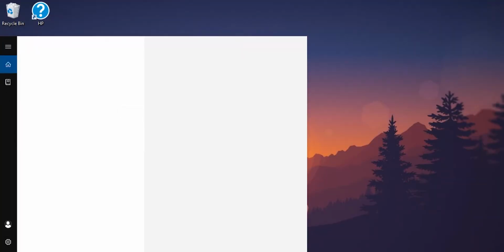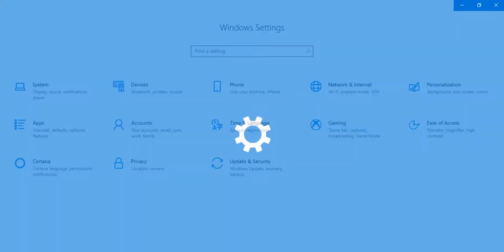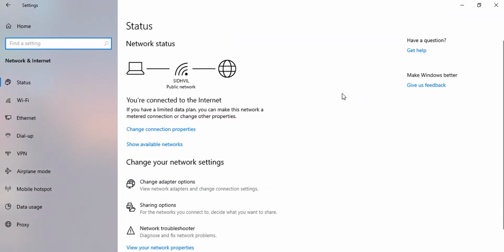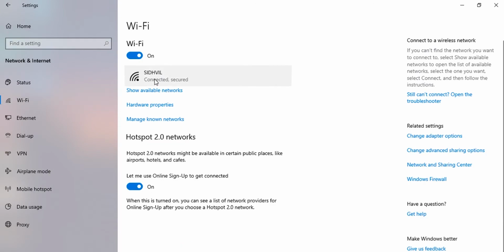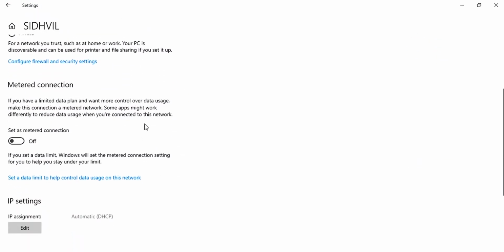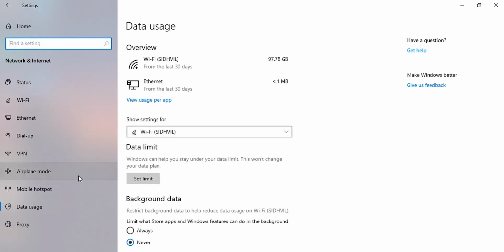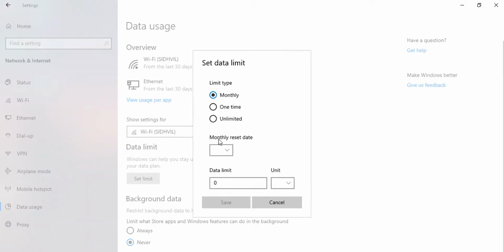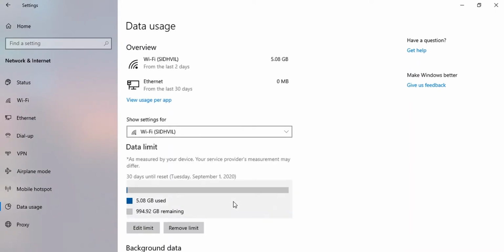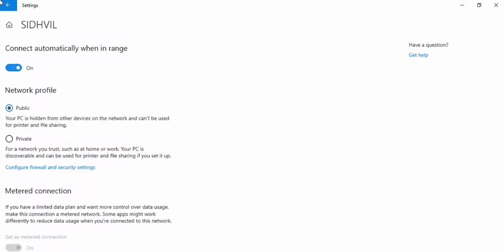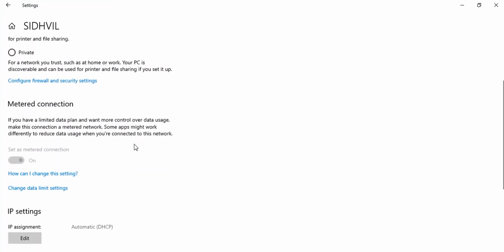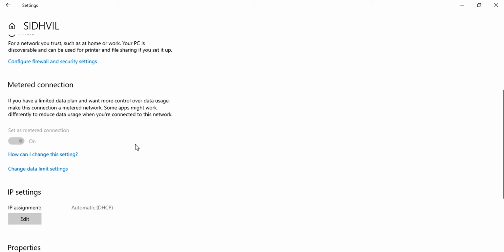Now again go to settings, then click on network and internet, then Wi-Fi. Now click on the Wi-Fi for more properties. Here change your connection to metered connection and change the limit to whatever you want. Even if it is 1000 GB, it's fine. That's it. Now your laptop will not download updates while you are connected to this network because you are on a metered network and you are not allowing Windows to download updates on a metered network. Pretty simple, right? This is really useful when you normally use the same Wi-Fi connection each and every day, be it your home Wi-Fi or your office Wi-Fi.